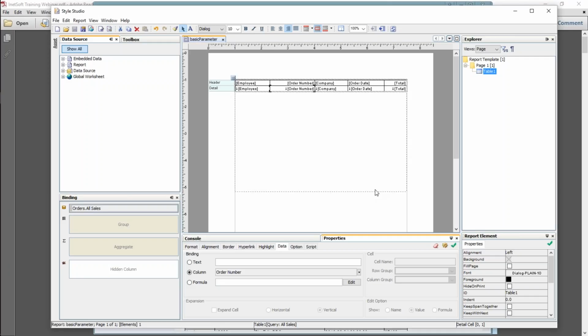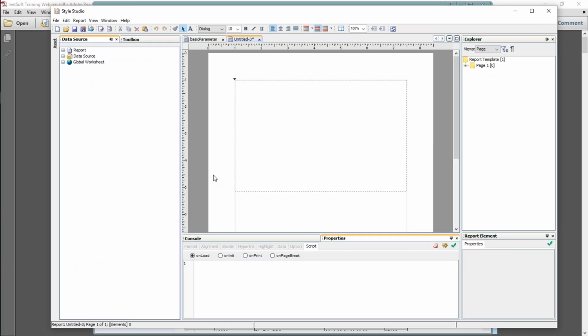Okay, now back to the topic that I just mentioned, which is that you don't have to parameterize a report at the level of the report. You can also parameterize a report at the level of the query or at the level of a data worksheet. So let me just illustrate that. Let's say that I wanted to parameterize the query. Now this report is based on a query called all sales. So let's say that I'm going to make a different report,